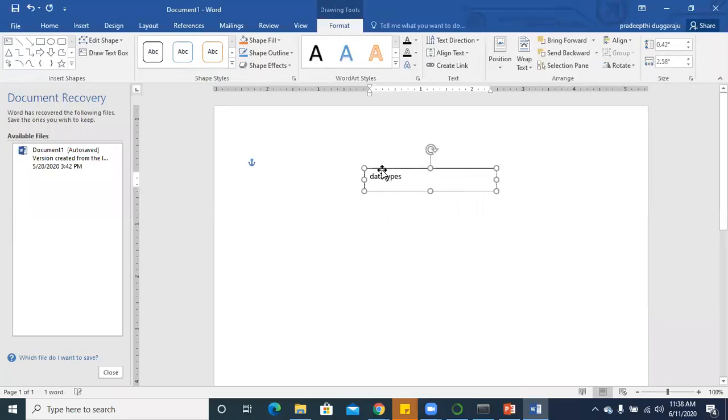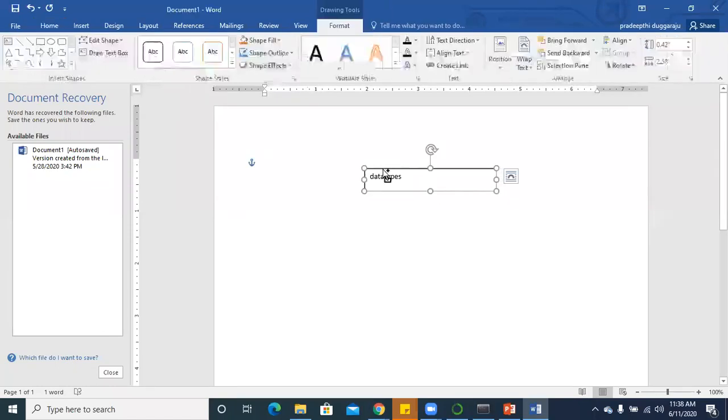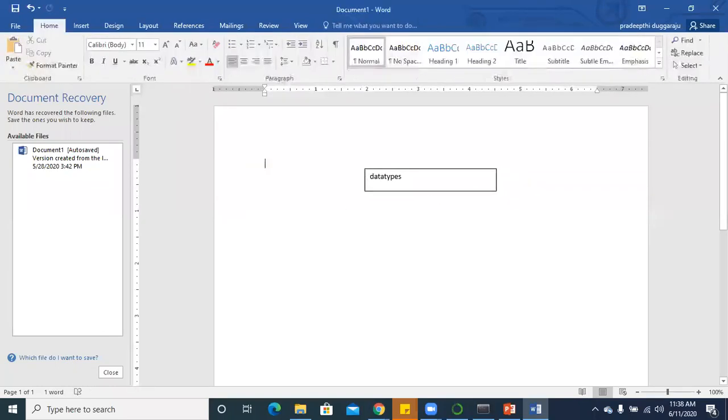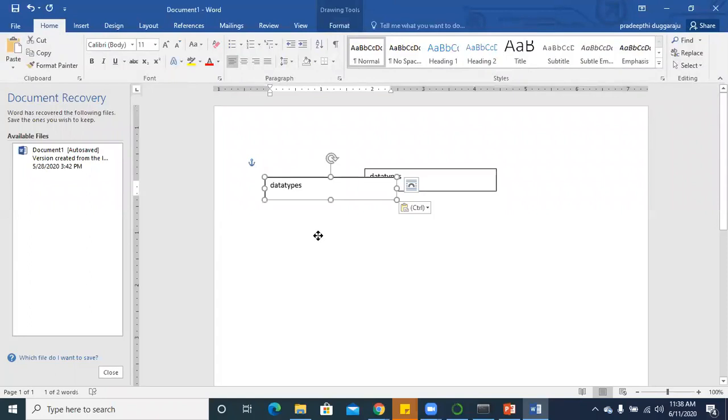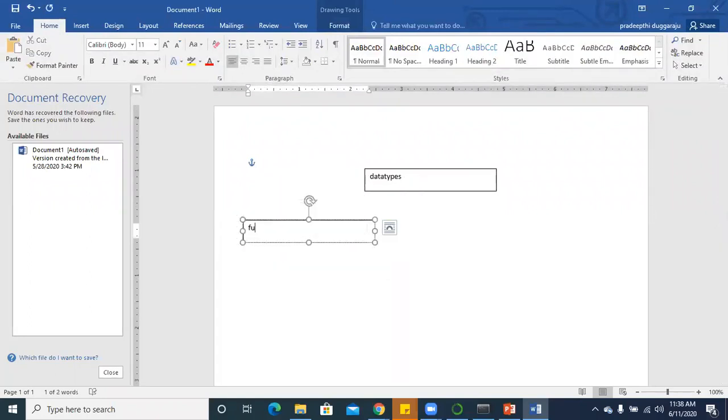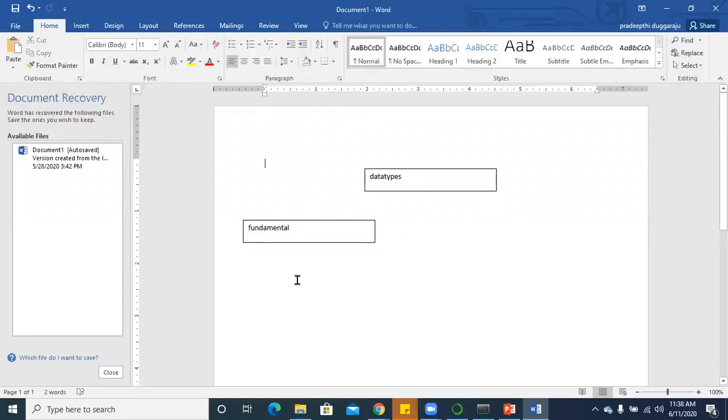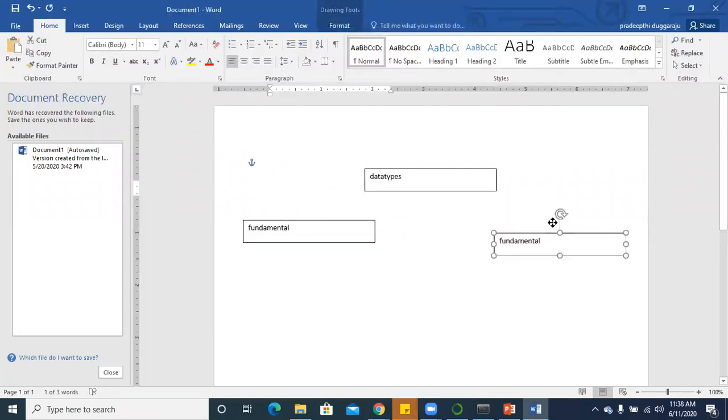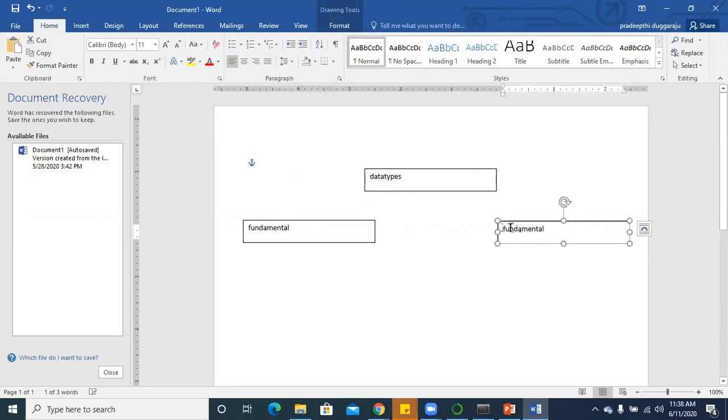One is fundamental and the other is collection. So in fundamental,